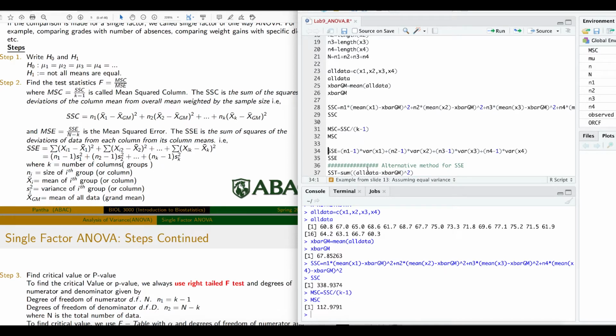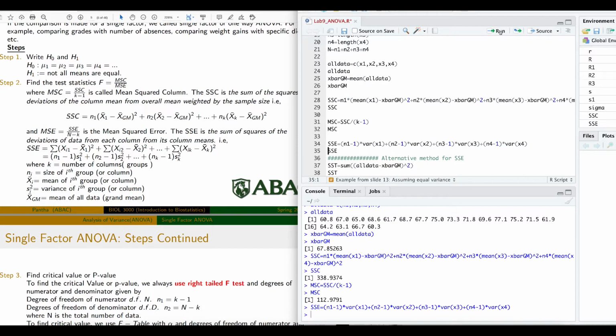What is happening here is n1 minus 1 times variance of x1. So variance is s1 square, right? So variance of x1 is s1 square, meaning the variance of the first data set x1. Similarly, n2 minus 1 times variance of the second data set, and so on. So this is what I am doing. So SSE, I got